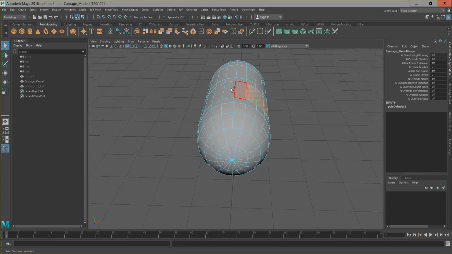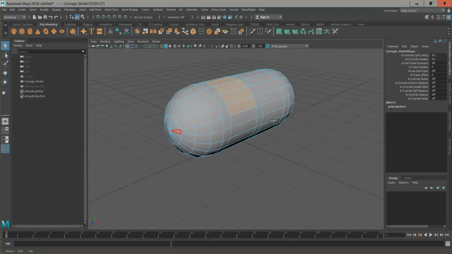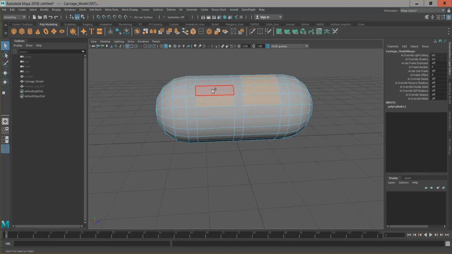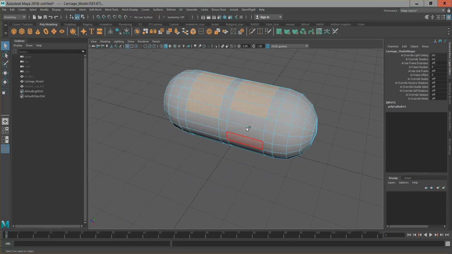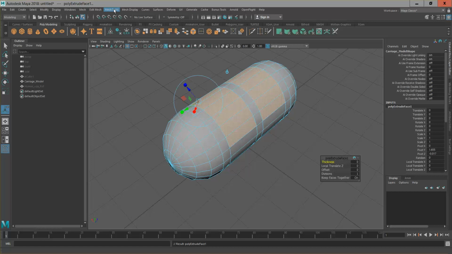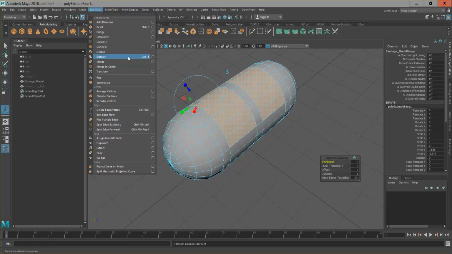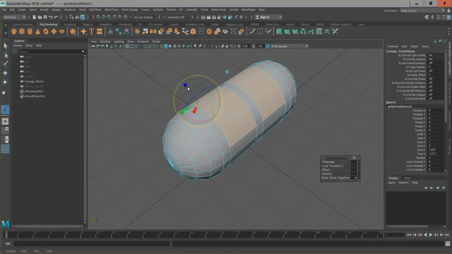And I can select all of these pieces, and I can do the same at the back here, and I can push Control E, which is Extrude. Extrude can also be found in Mesh Tools under Edit Mesh, under Extrude. Okay, and what I want to do is just go back to this tool,